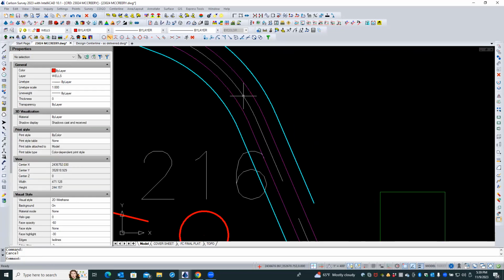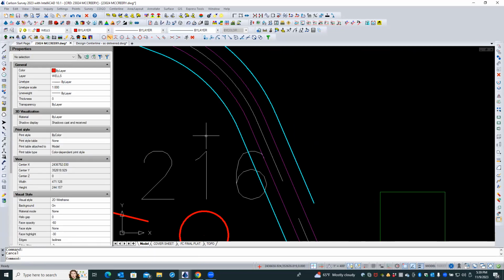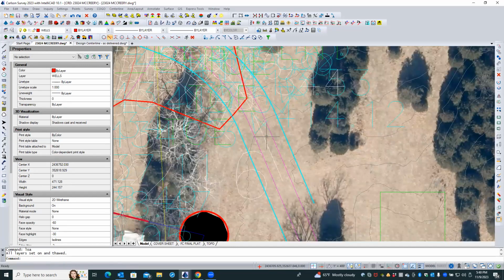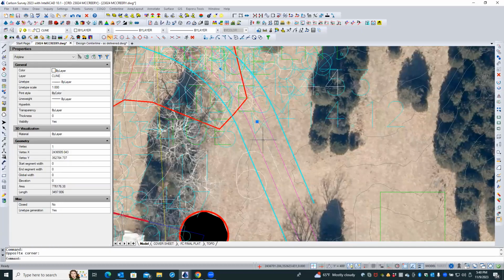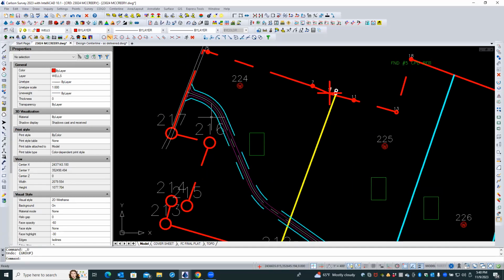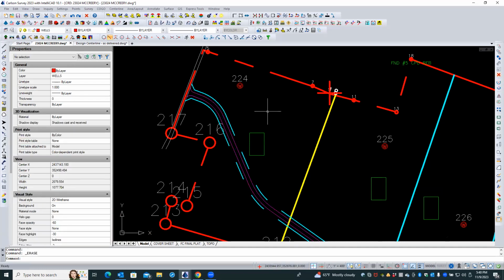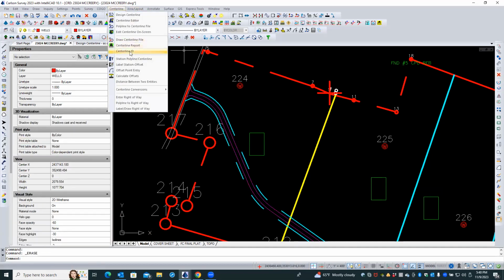No, I did turn some layers off. That doesn't matter. I mean, if I turn them all back on, and then do a crossing. See, it's still just the one. So I don't know why. So if we get rid of that and draw our centerline file again,